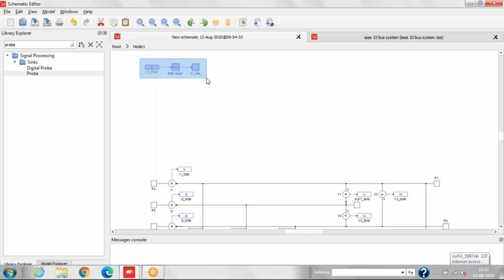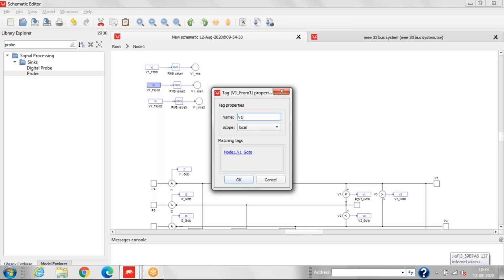Now we'll copy this component and we'll paste it below. Now similarly we'll do one more. So now we'll change the name here.